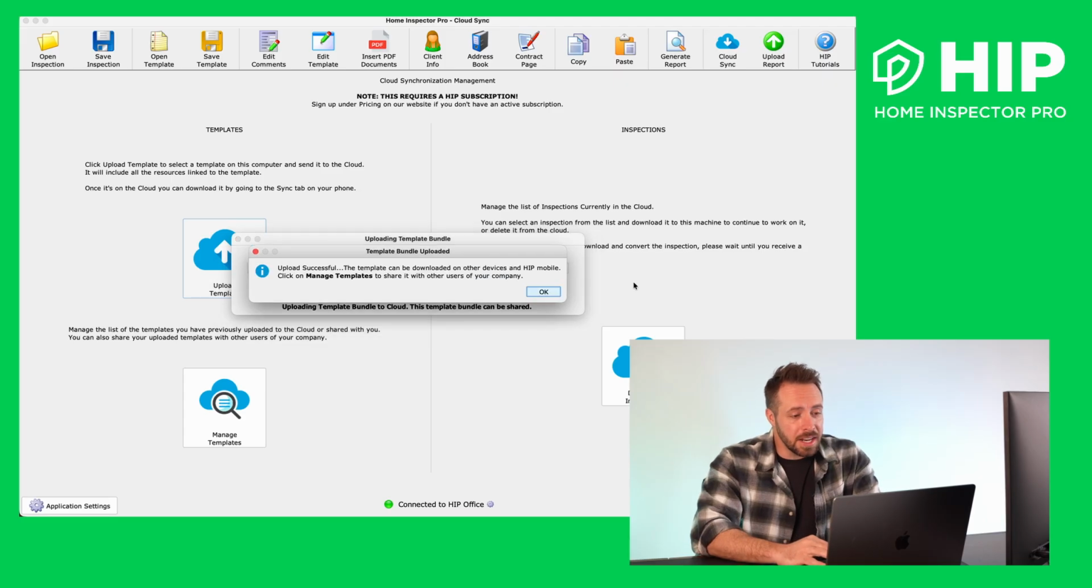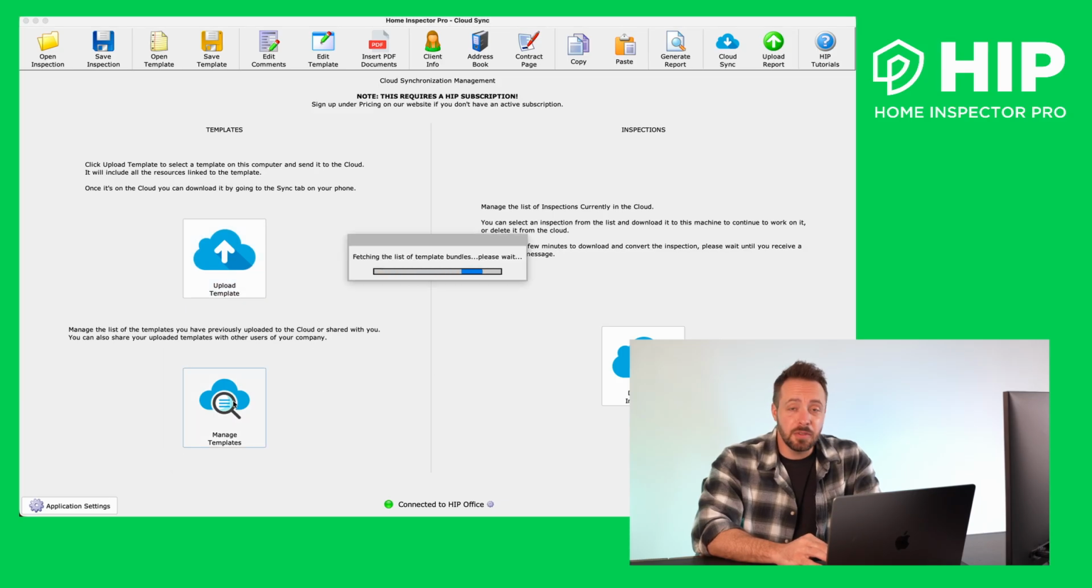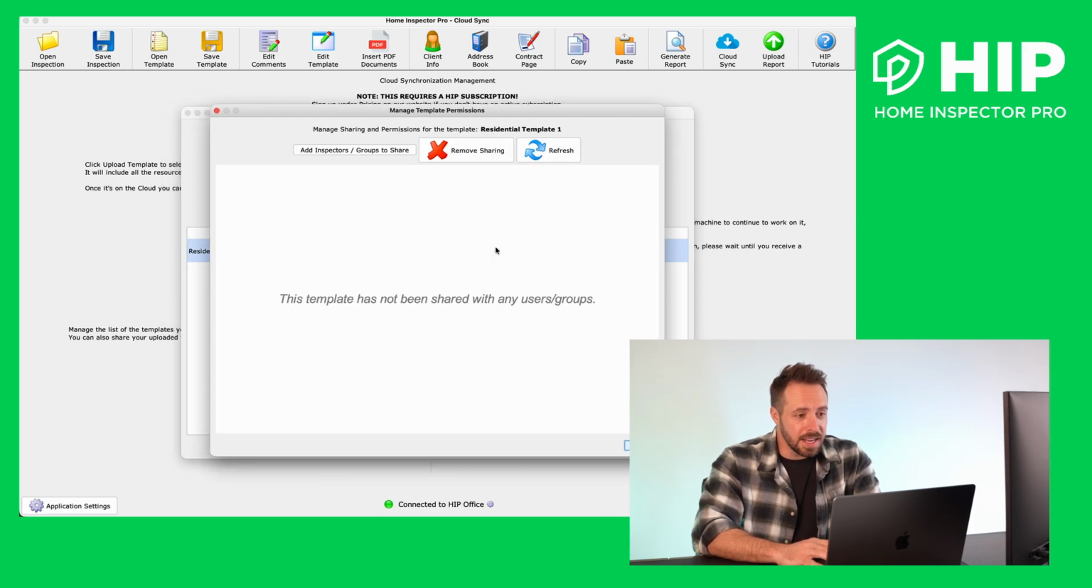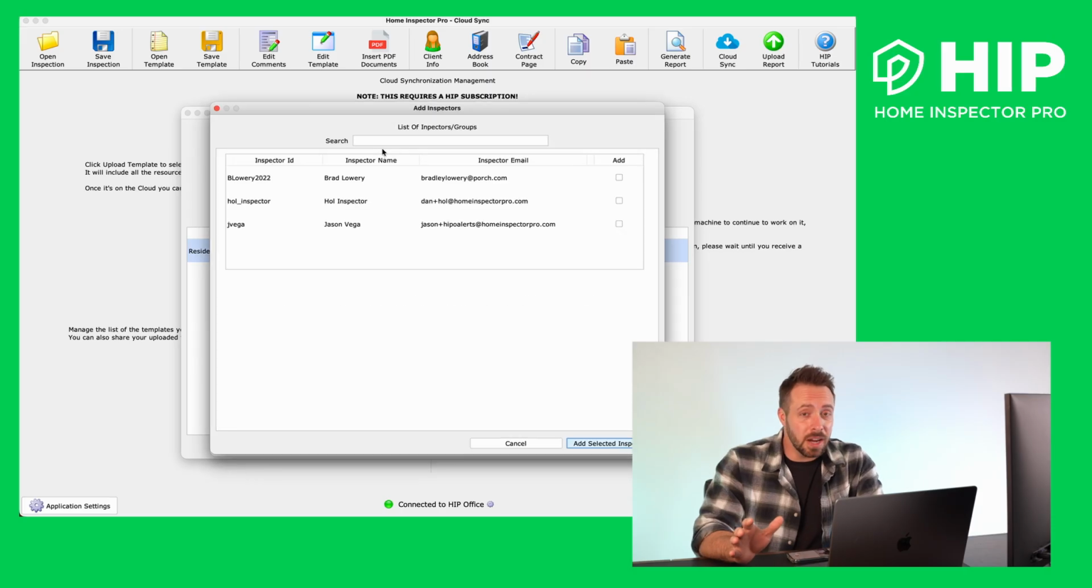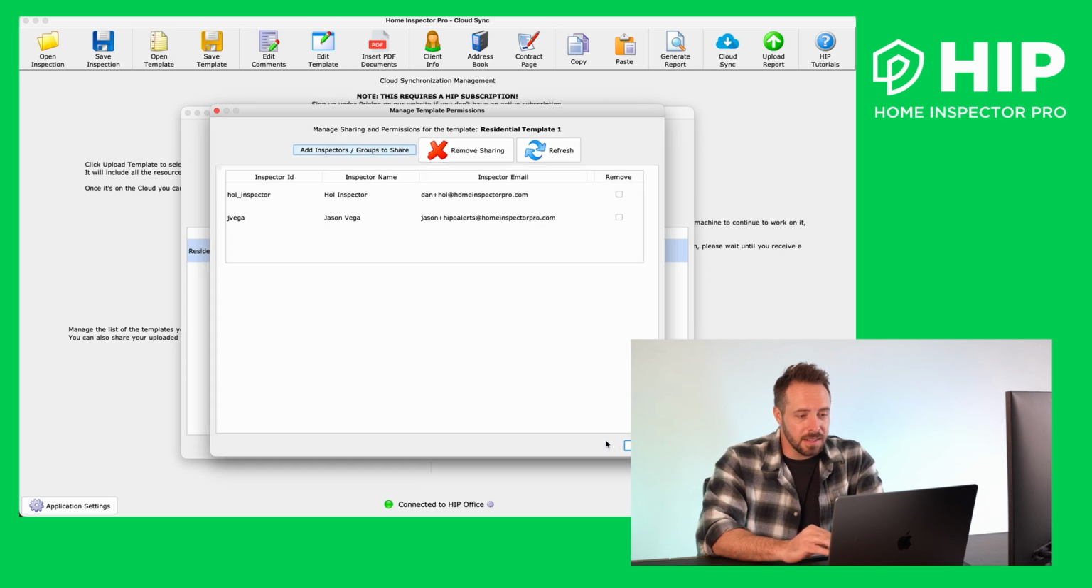Come on down here to Manage Templates, click on that. It'll pull everything that's available right there. Come over to the icon that says Share. Click Add Inspectors, and you can then select anybody on your team to whom you want to push this update. We'll pick Dan and Jason here. Click Add Selected Inspectors,